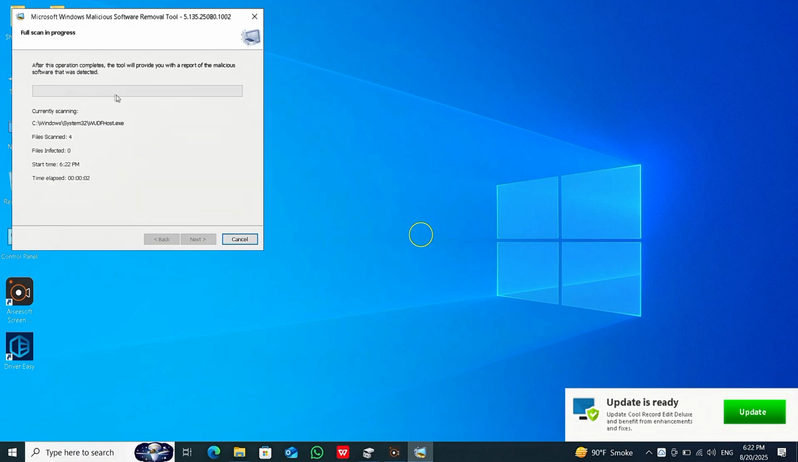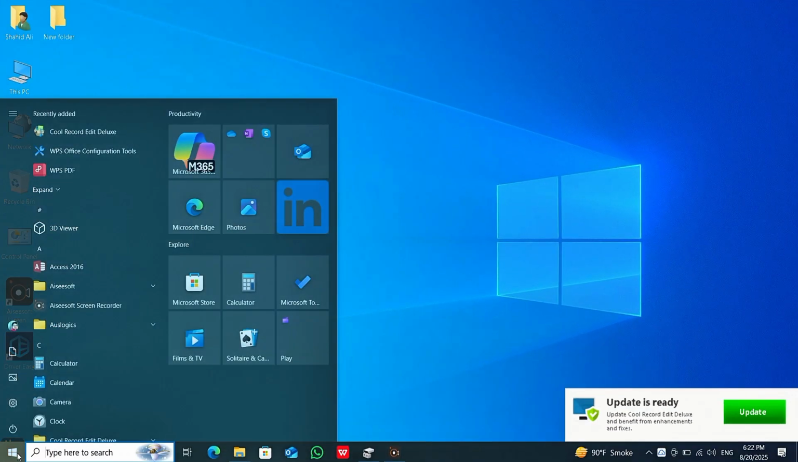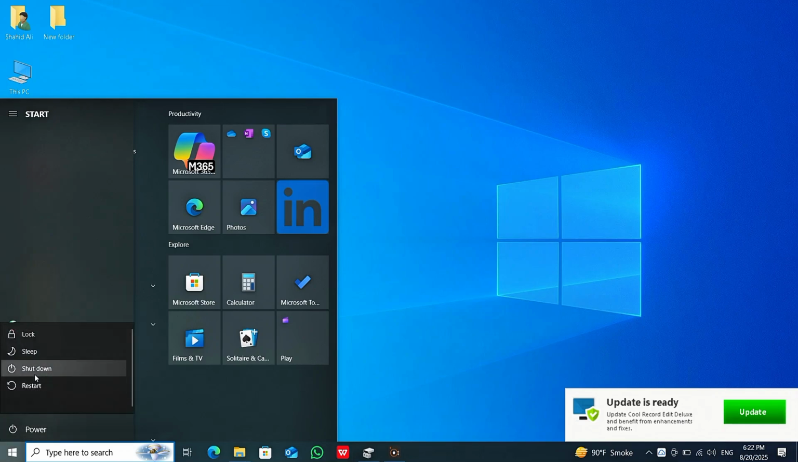The PC will scan the whole C drive and will delete temporary and unwanted files like viruses and malware. It will take some time to scan the C drive. Once the scanning is completed, you have to restart the PC. You will see Windows is running smoothly and there is no lag caused by the viruses and